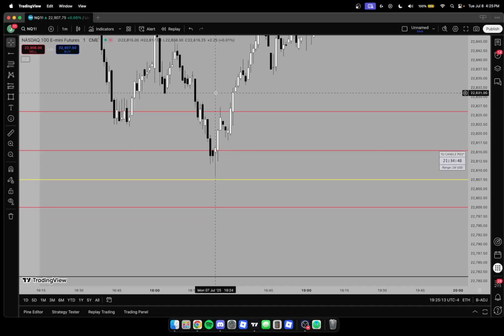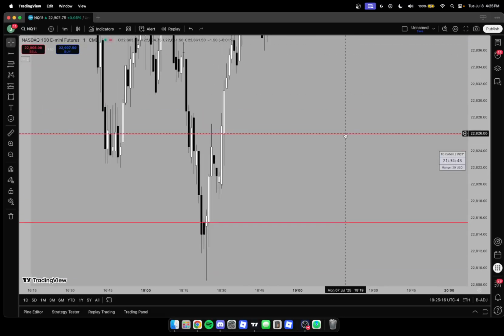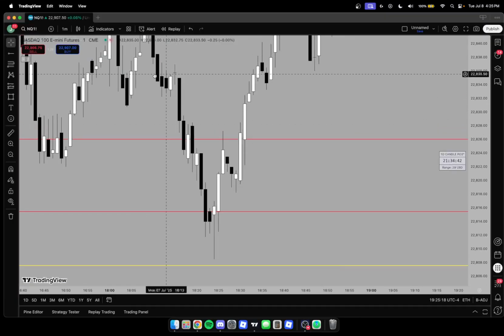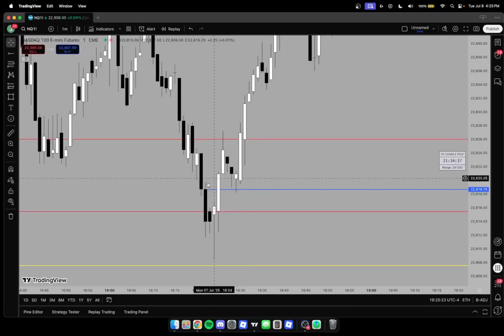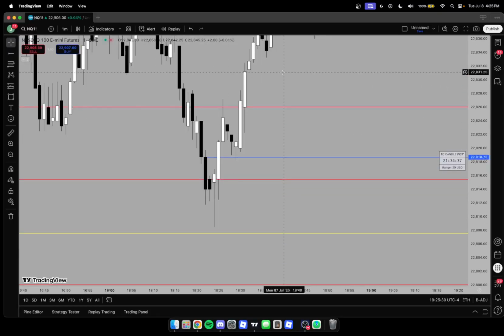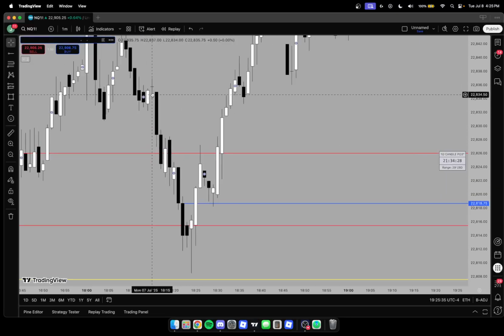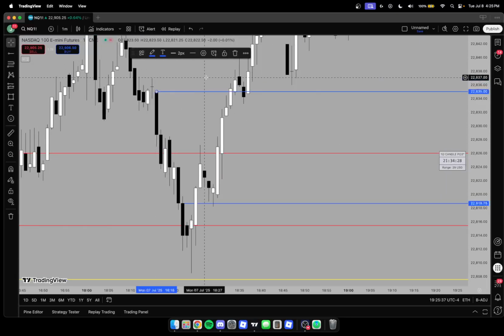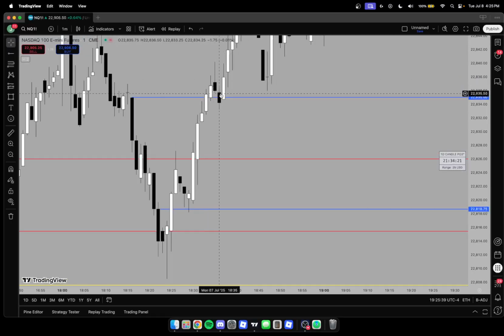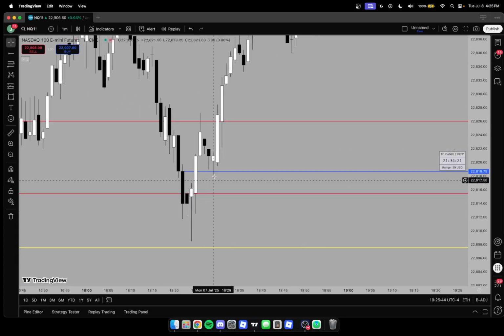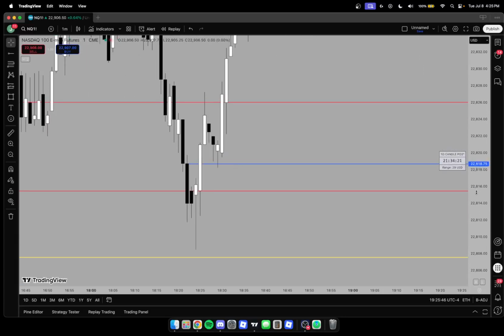Alright, I don't know if I explained the CISD good last video, but I'll just explain it right now. Last down 2 candles, right? And then it trades above it, right? So it pushes up. And you can also use this too, if you want to consider these the last 2. It gets traded to, and then it gets retraced right here. But I like to use these ones on the pretty bottom of the move